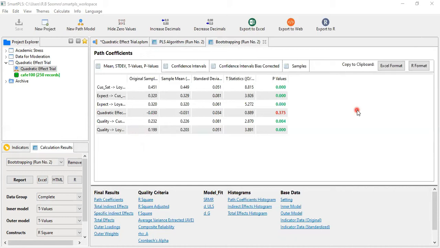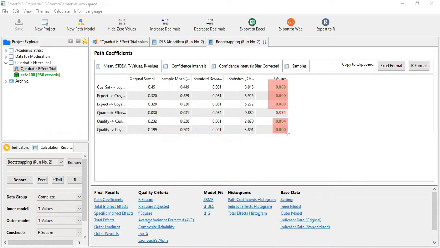The same values are here. In this one, we are going to test the hypothesis on the basis of the 95% confidence interval. That's why all the values which you are looking at here are in green color. These are well below 0.05, and again these are well below 0.05. So all are in the green color.